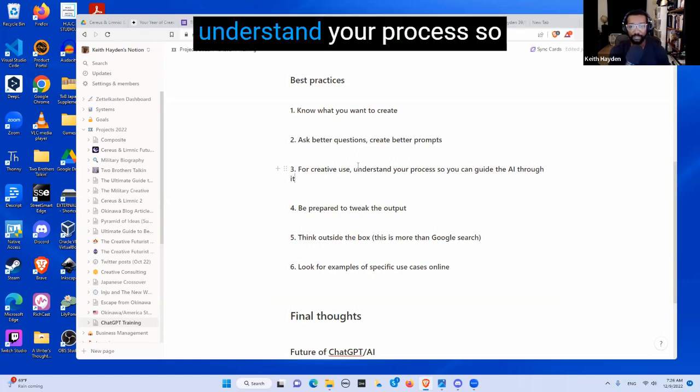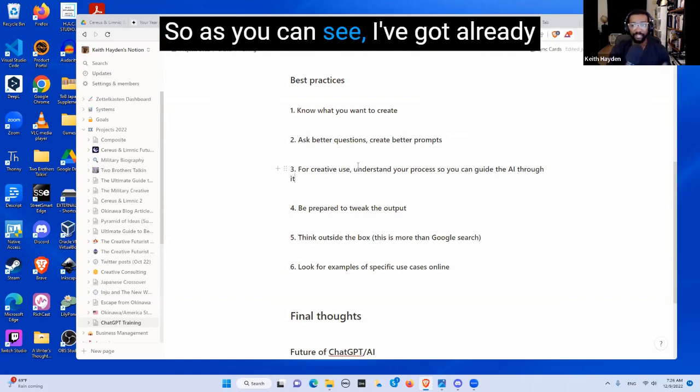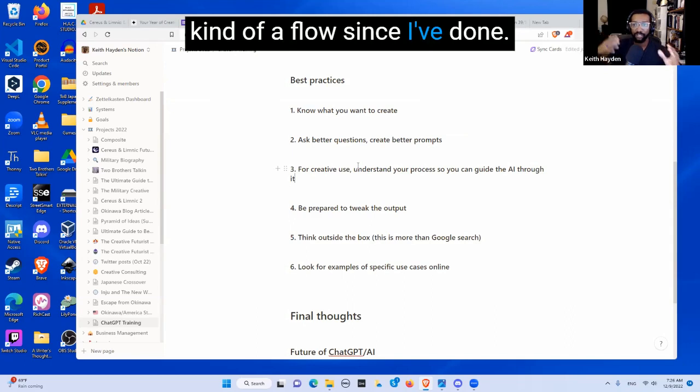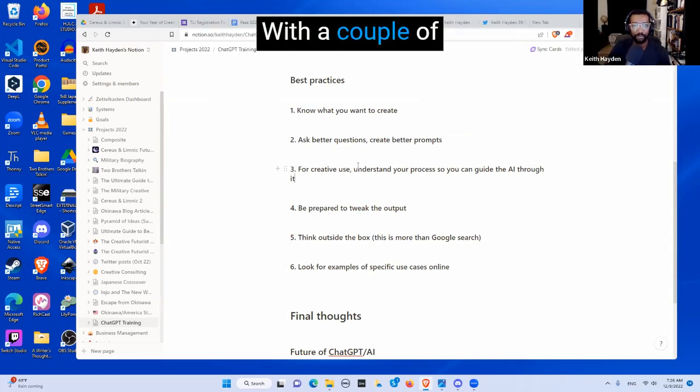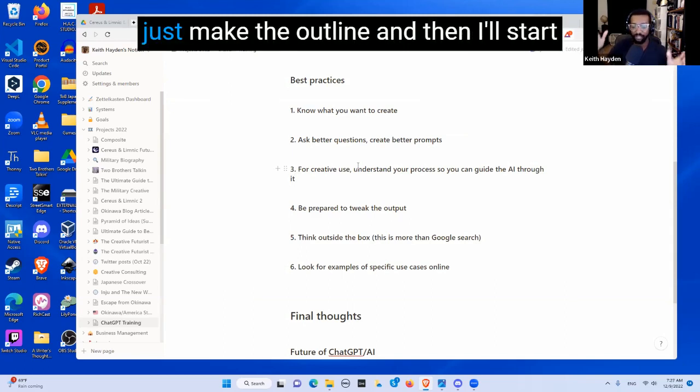3, for creative use, understand your process so you can guide the AI through it. As you can see, I've already got kind of a flow since I've done this with a couple of different works of fiction. I've already got a flow to how I write fiction, even if I didn't have the AI. I kind of just make the outline and then I'll start writing chapters.